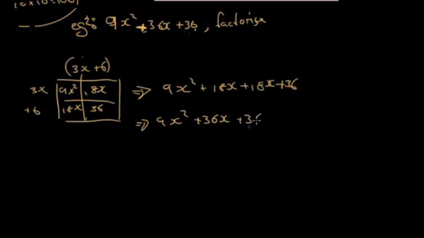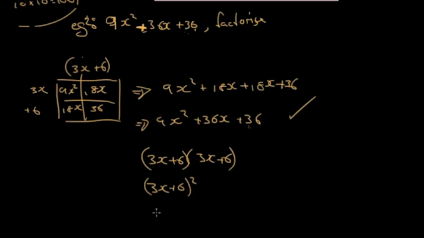Plus 36. So we know that we've got 3x plus 6, which we also call 3x plus 6 squared. And this is called perfect squares. And so